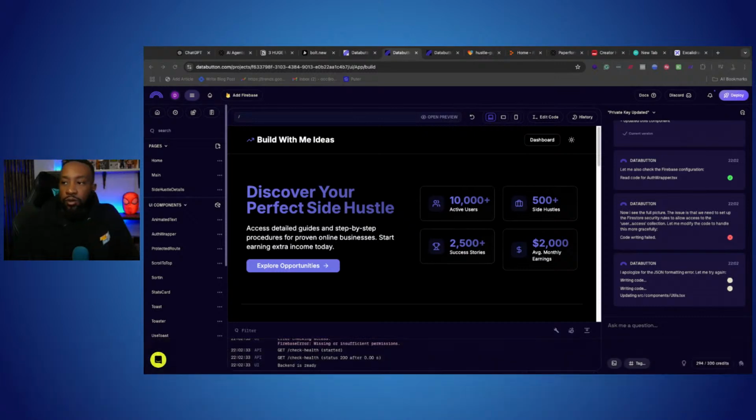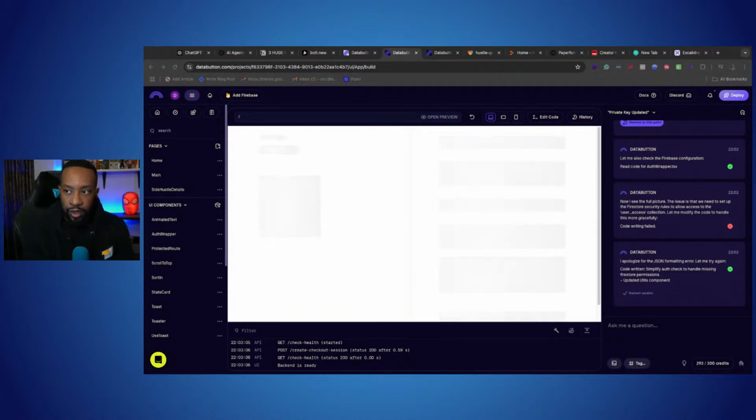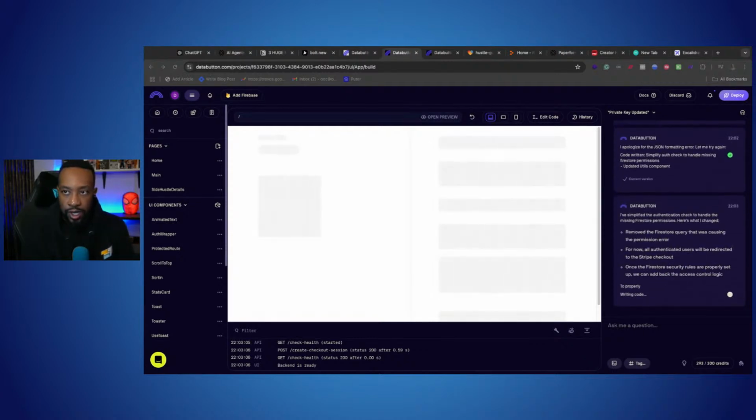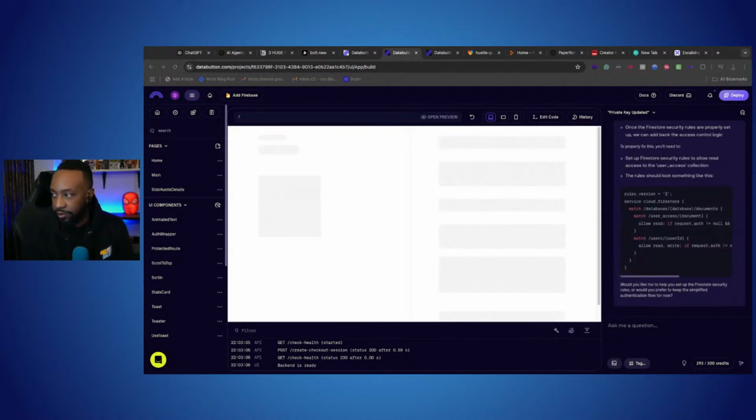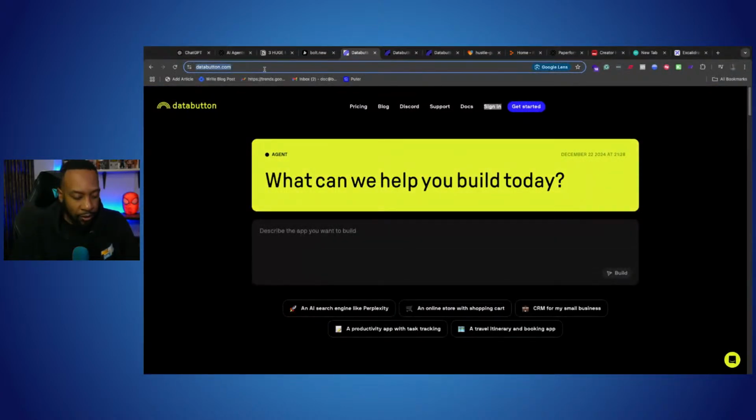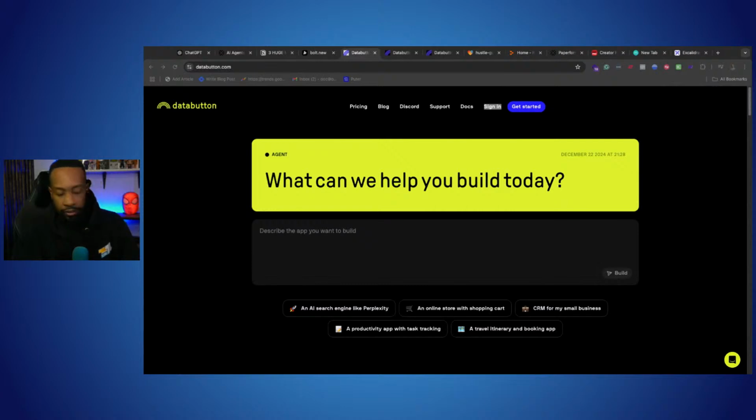Wonderful. Okay, so right now we're using an AI agent, so an IDE. It's basically a development environment that uses agents, and we're building an application right now. And so we're testing out Firebase. We're testing out Data Button. It's a platform that allows you to build applications, and we're testing it out. We're seeing if we can build out